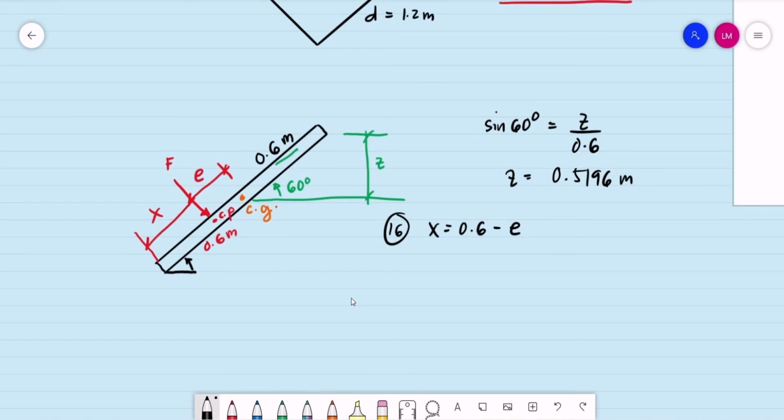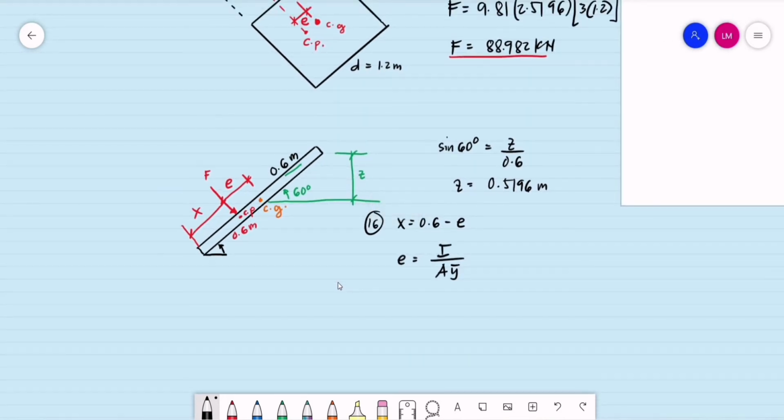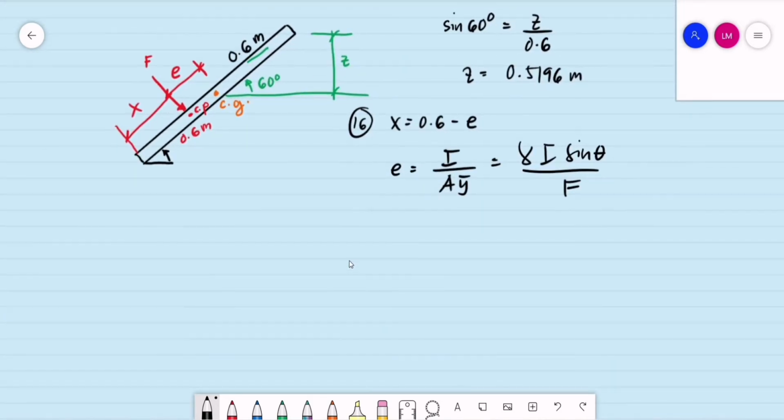How do you compute for the eccentricity? Ito yung E equal to the moment of inertia of the section divided by the area times the bar Y. So kung pwede tayong gumamit ng bar Y, okay lang din naman. Or pwede rin naman natin gamitin yung gamma times moment of inertia times the sine of theta divided by the force, since meron na tayong force. So computing for the value of the eccentricity, para hindi na natin kunin yung bar Y, gamma, this is water,